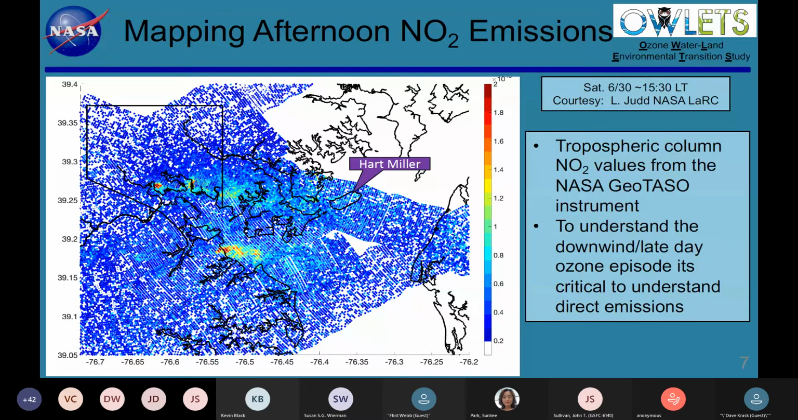So maybe I missed it, but the previous slide was roughly 8:30 in the morning, that raster pattern. So now you can sort of visually compare that to the afternoon. 3:30 in the afternoon nominally was the center point for this raster pattern, and really what you see in the afternoon perspective are much more point source related